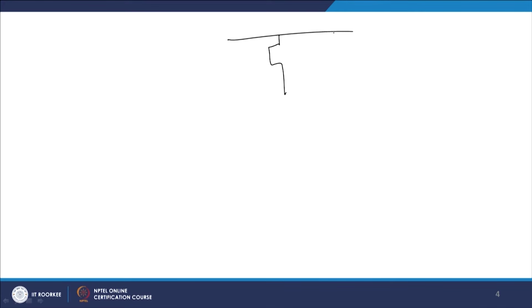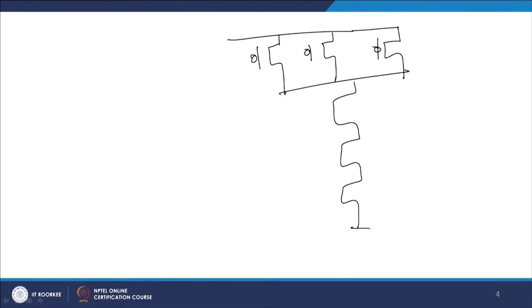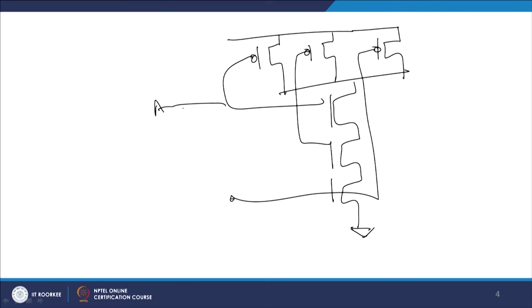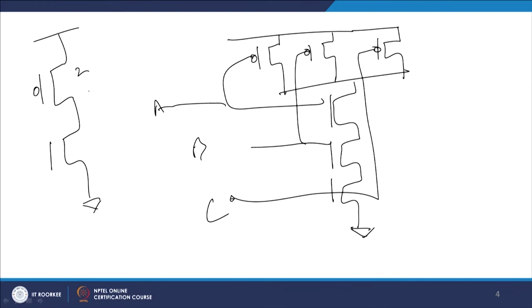NAND 3 logic will have 3 PMOSs in parallel in the upper half, like this, and then you will have 3 NMOSs in series, and each will be connected to an external loading. So, I will have A, I will have B, I will have C. If you want to make it exactly equal to a single sized inverter, which is something like this, right, 2:1 ratio, 2:1, and then you want to find out,